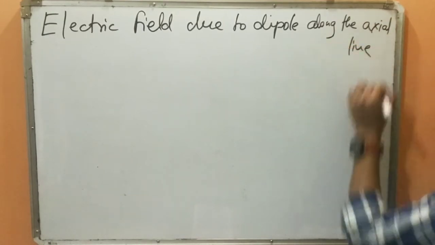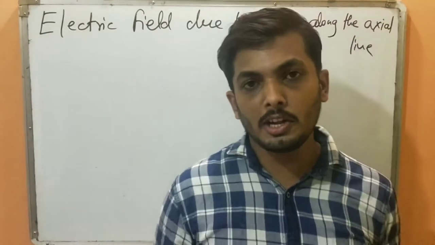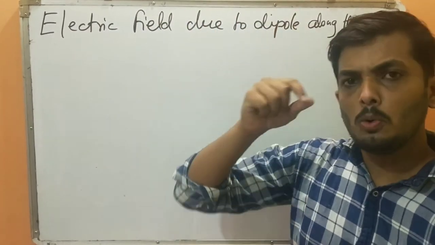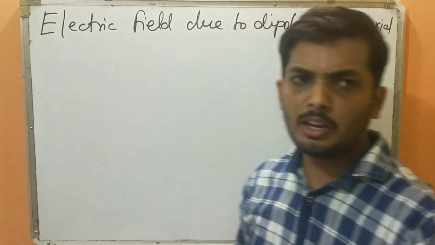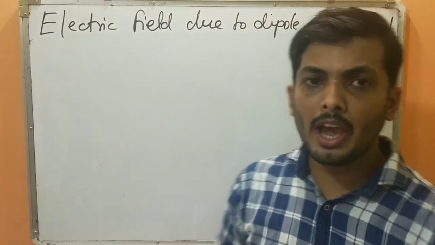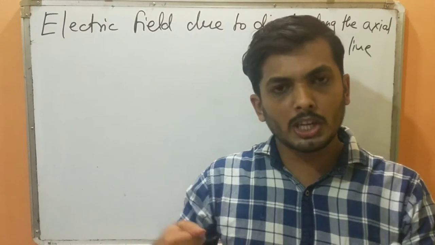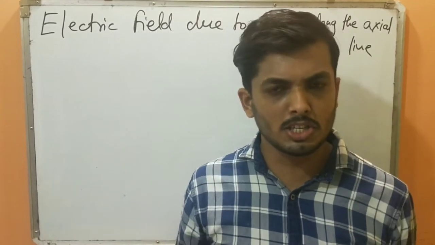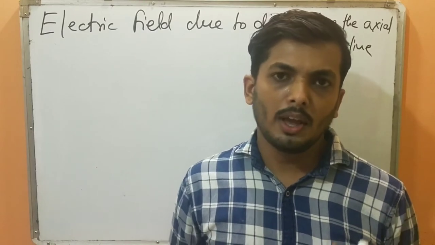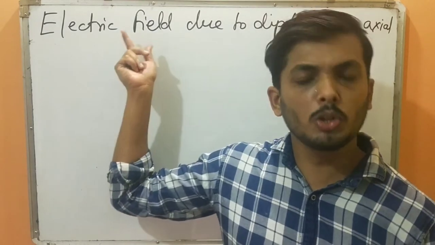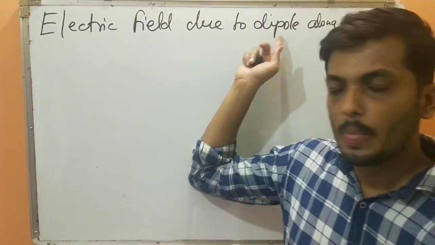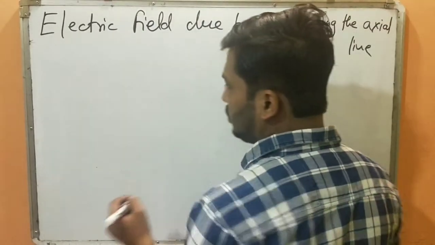Now this term is very important. Here we are interested to find electric field due to dipole. Before, in earlier classes, we were interested in only electric field due to one single charge, but now we have two charges, bound together with a certain distance 2d, and those two charges will give rise to one new electric field. So that electric field is because of this dipole. Now how do you put that into consideration?